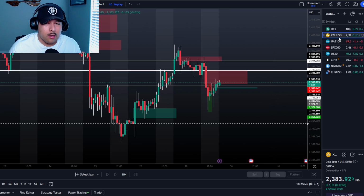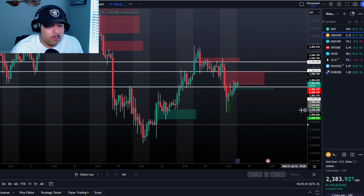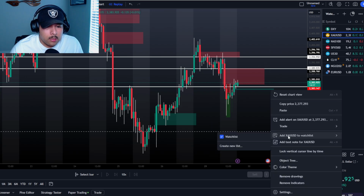So starting off with gold, this happened later in the afternoon. So we took our first win early in the morning. We started off the morning good, and then in the afternoon is where we took 2 more trades, and then we ended up losing those 2 trades. So this is gold. This is going to be more in the afternoon. So really quick,